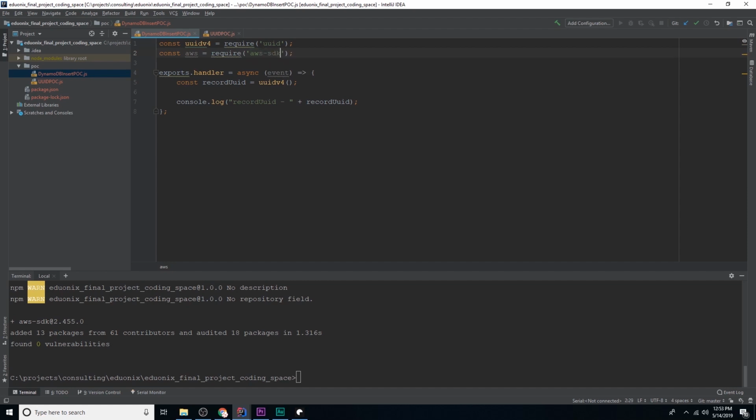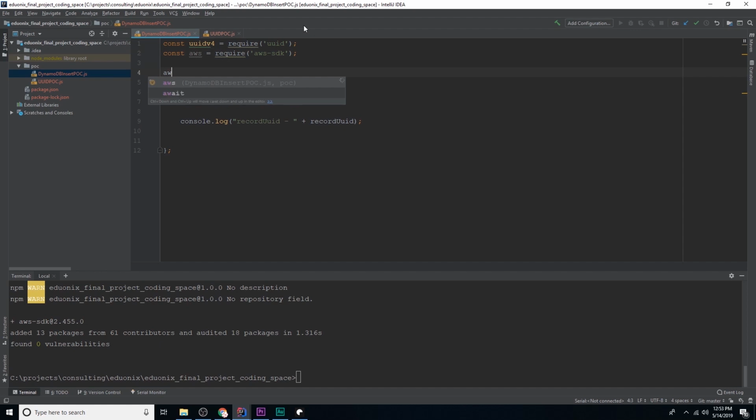And again, I want you to notice that I can just hit Control Space and it knows what it is. This is one of those powerful things about IDEs. Now that we've imported it, the next thing we want to do is actually make use of this. So in our case, I want to make sure that this gets locked into the region that we're using right now. So I'm going to call